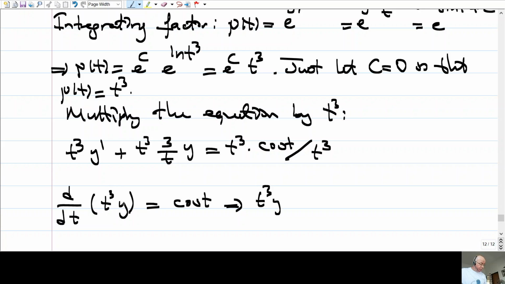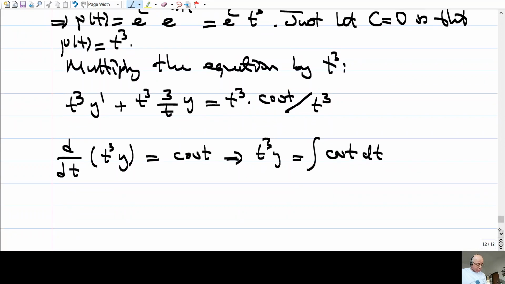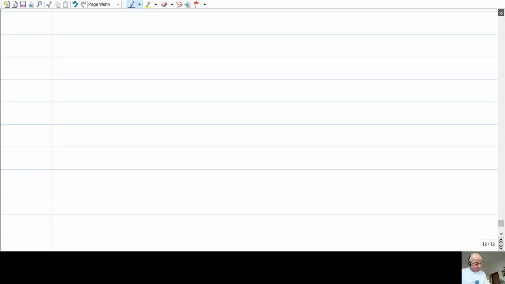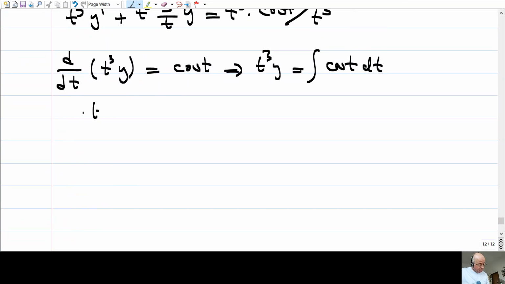The derivative of this is equal to cosine t, so this is just the antiderivative of cosine t. So from this, we see that t cubed y equals the antiderivative of cosine, which is just sine t